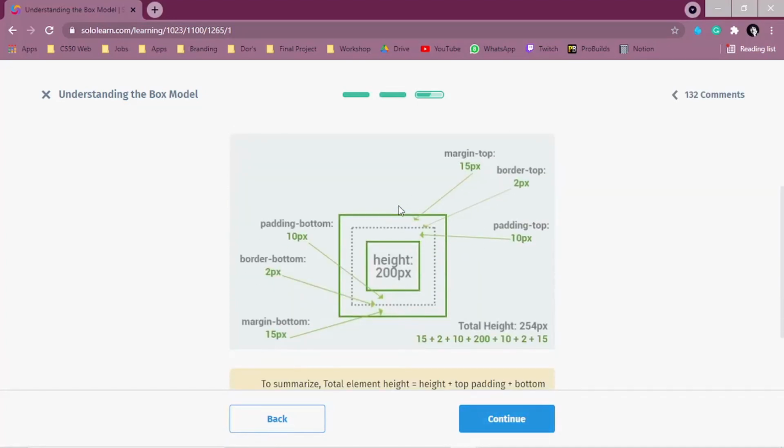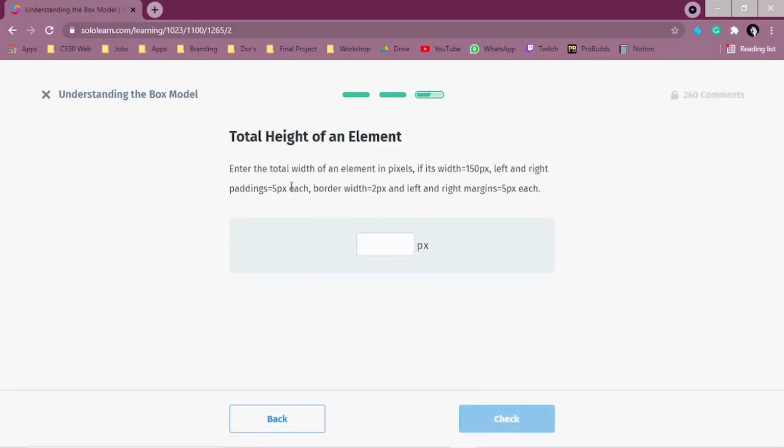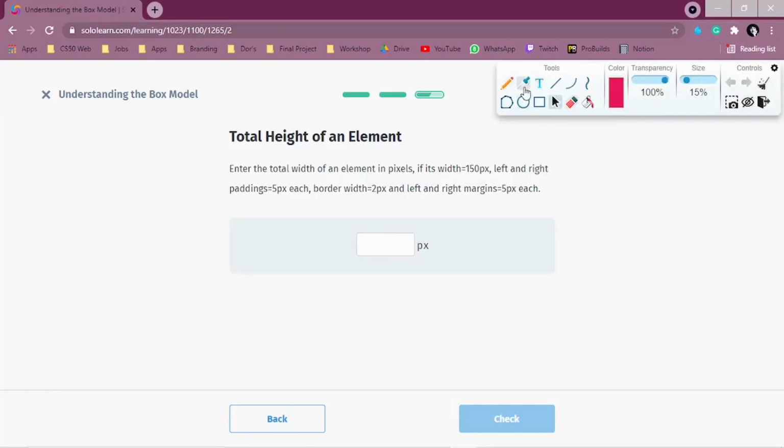So you have to sum everything, not only the height, but the padding, the border, and the margin as well, okay? So the total width of an element, let me draw, I think this way it might be easier to understand. So here it's our content. So width, I'm not so good with drawing, so this is a W. The width is 150